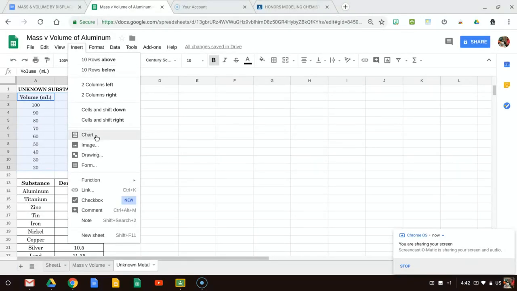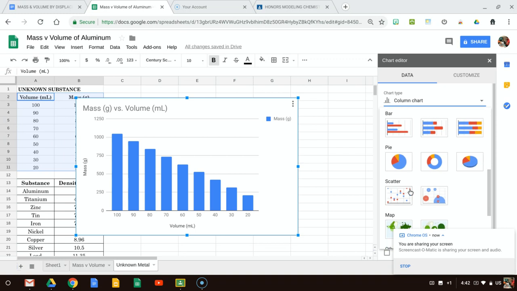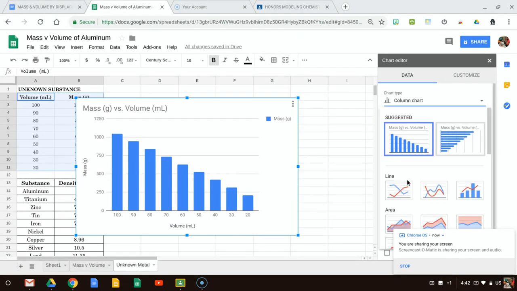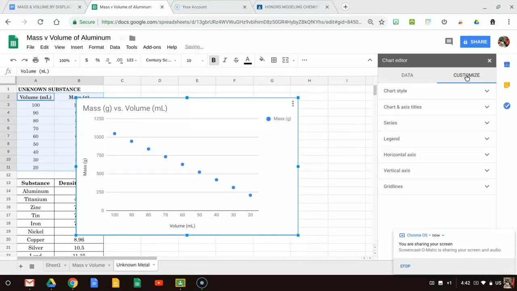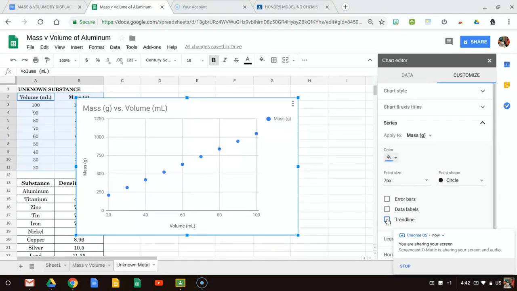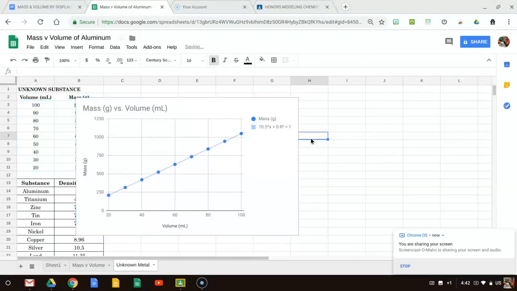So insert, I put it into a chart. I changed the column chart to scatter plot. Customize that, and I want my horizontal axis, do not treat it as labels. And then I give my trend line, and I throw my equation and r squared. And it looks like, and I'm going to write this on the side, that my equation of the line is